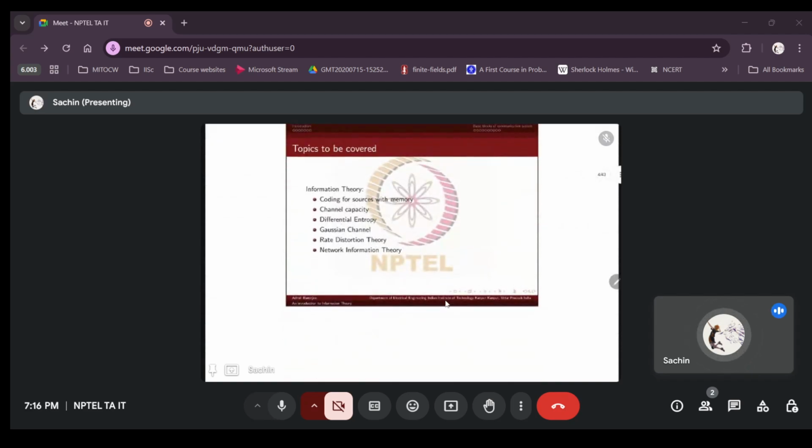Then we saw coding for sources with memory. So up to that is source coding, which is one of the major problems that we deal with in information